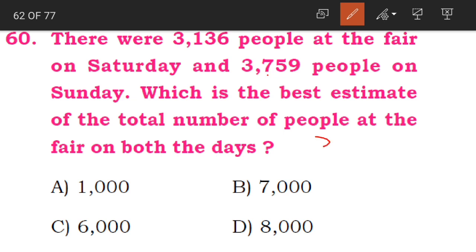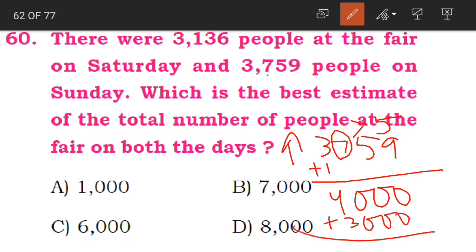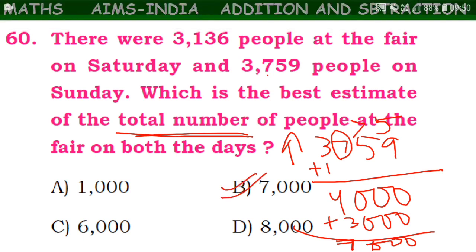Now coming to the second number, that is 3579. Now here 7 is greater than 5. That means we round up, adding 1. 3 plus 1, 4 and then 3 zeros. Yes. Now here the first number was how much children? 3000. Now 3000 plus 4000. The total number of people, right? We are finding the estimate of total number of people. So we are adding these two. 3000 plus 4000 is equal to 7000. 4 plus 3 is 7. So what is our correct answer children? Option B, 7000. Yes. I hope this was clear.